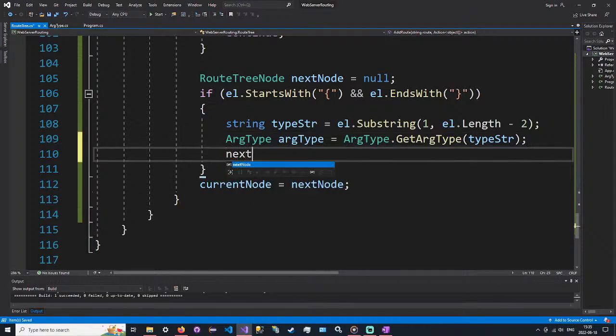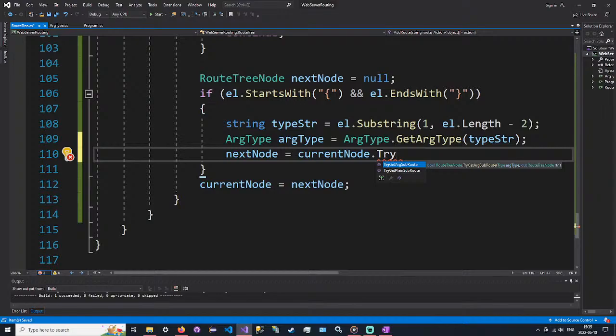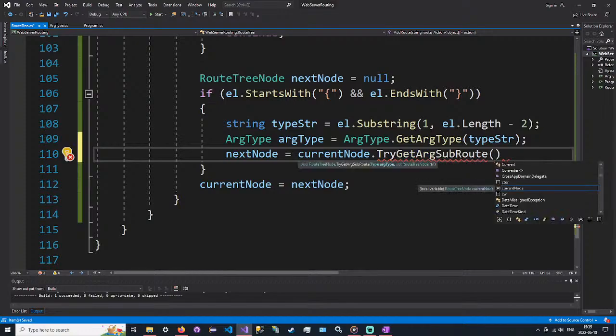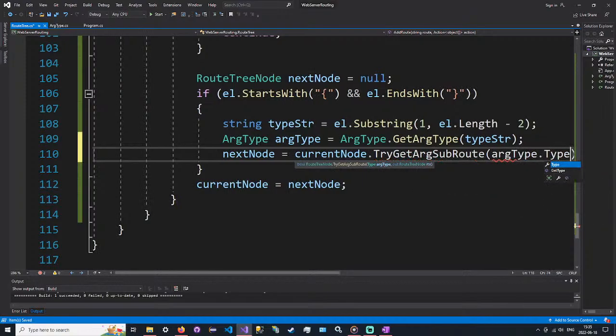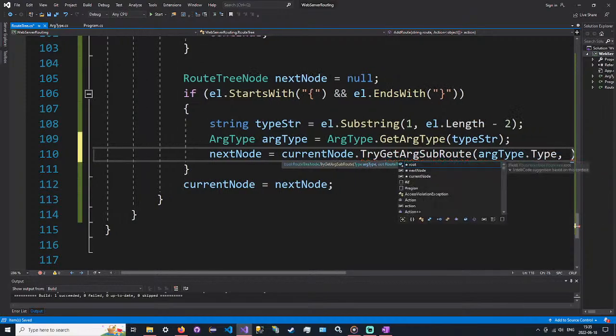So we'll say next node is equal to current node dot try get arg subroute. So we're going to try and get a subroute of the current node that matches it. We don't want to create it unless we have to, and we also don't want to overwrite it. So if we have the argument type, then let's see if we have an existing endpoint there. So this is arg type dot type. We're just passing in the type there, and we want to output to